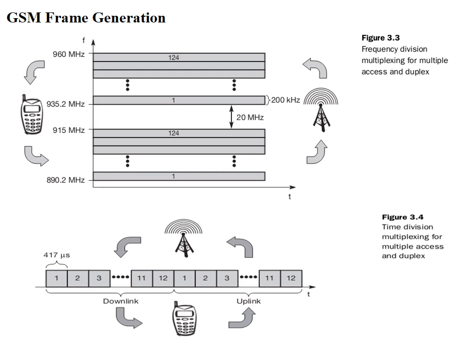The second figure shows the use of TDMA. This figure shows how these fixed TDMA patterns are used to implement multiple access and a duplex channel between the base station and mobile station. Assigning different time slots for uplink and downlink using the same frequency is called time division duplex. In this way, both multiple access techniques, that is FDMA and TDMA, are used for generation of the GSM frame, and in this way the GSM frame is generated.